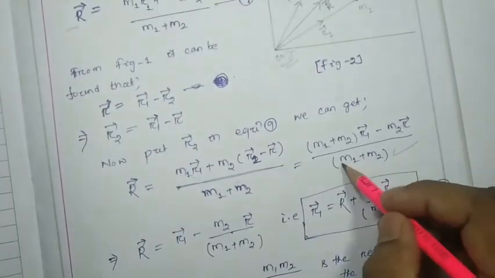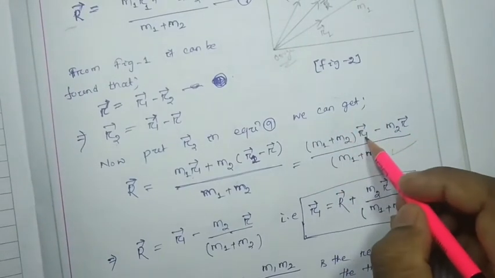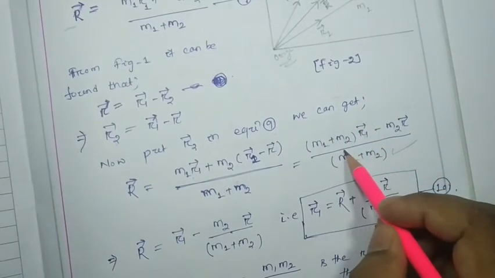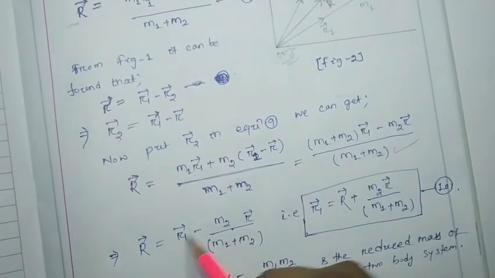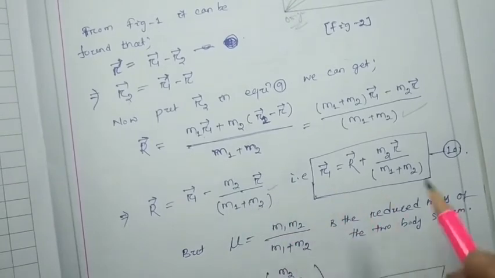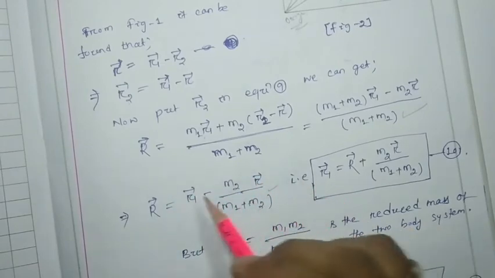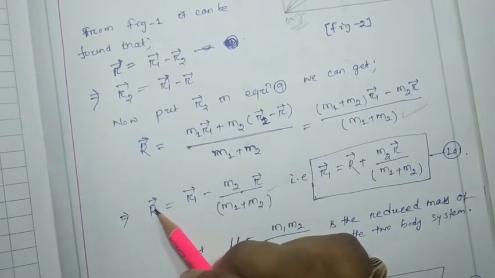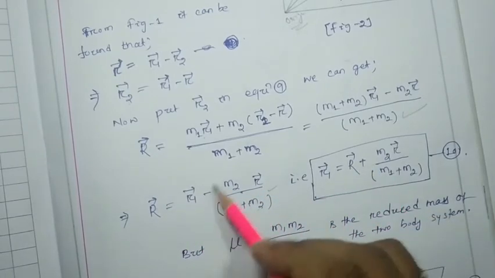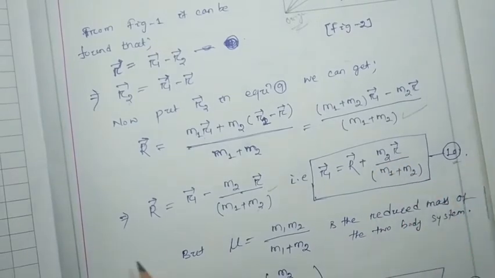Now just divide this m1 plus m2 into this term and this term. What are we going to find? The first term will be only r1. Then dividing the other term, you get m2 r by m1 plus m2. That implies r1 will be, this term moved to this side, it will be plus, added to capital R. So r1 will be R plus m2 r by m1 plus m2. Let this be equation number 10.